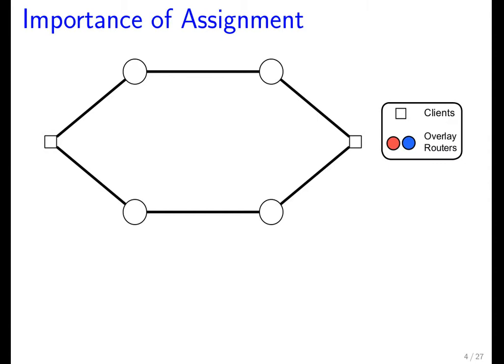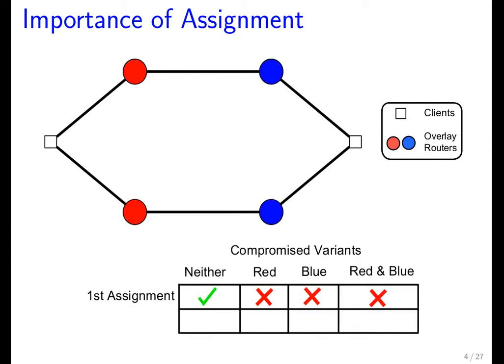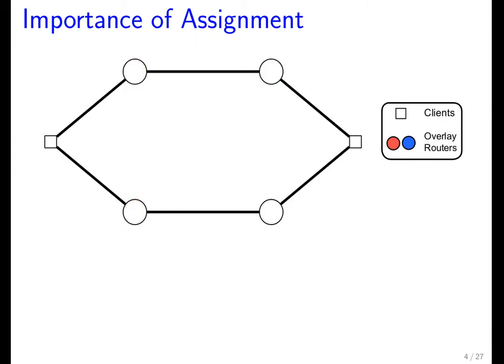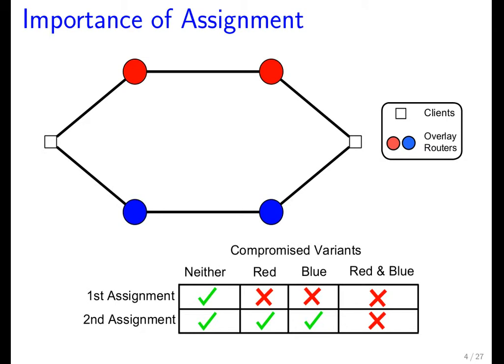We have two clients connected through 4 overlay routers, and there are 2 paths of overlay routers. And we have these 2 variants, and we want to see how different assignments affect the connectivity of these clients. So in this first case, each path has one of each type of overlay route, each variant. So if the attacker succeeds on red or blue, it succeeded in severing the connection between the clients. In the second example, there is a single variant for each path. So if the attacker succeeds and compromises red or blue, there's still a surviving path to offer